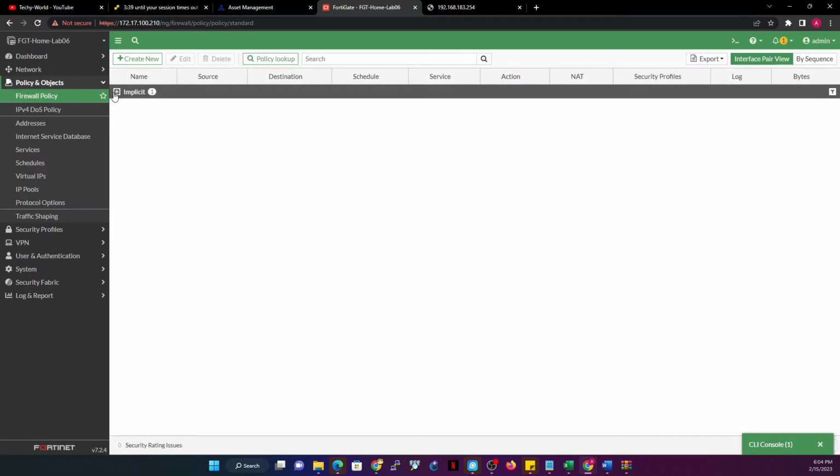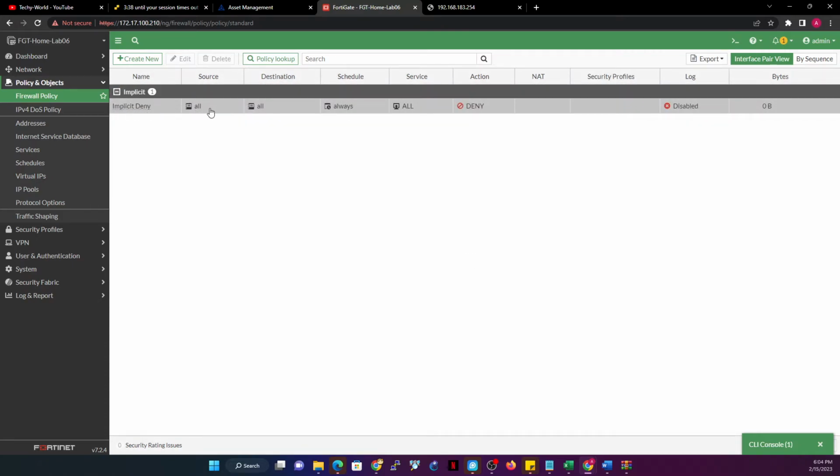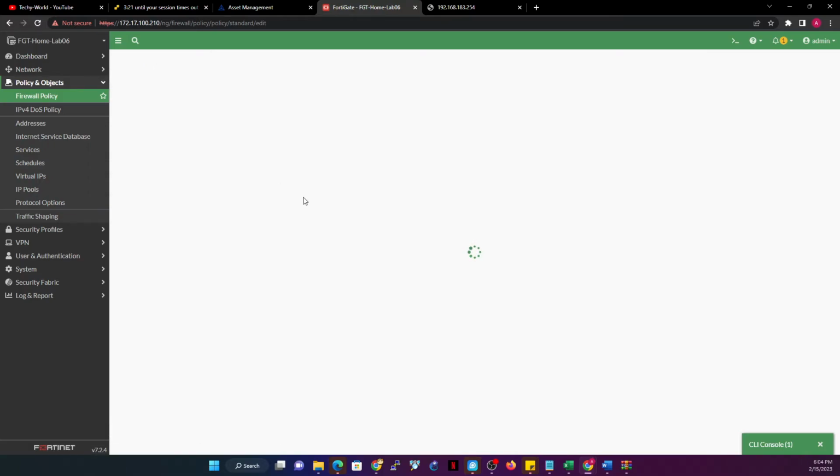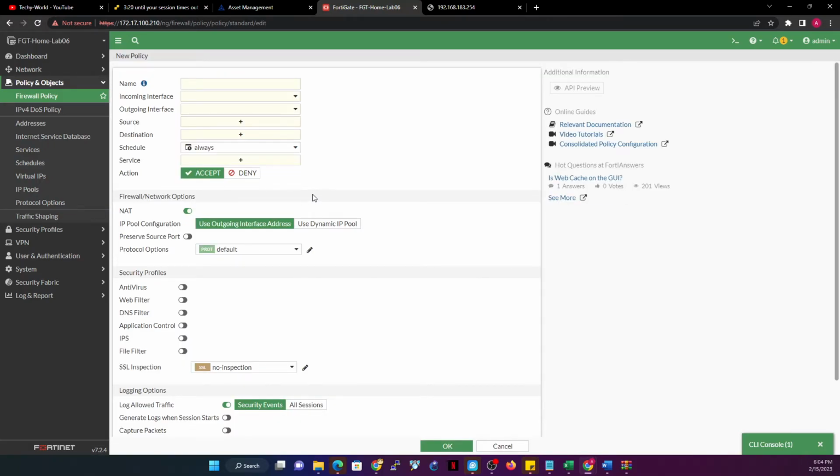Currently everything has an implicit deny all. What this means is that by default, all traffic coming from anywhere in your network, going anywhere, is being denied, through any ports. So all traffic from your LAN, if you're trying to go out through the firewall, will be dropped. Nothing is going to come out from the firewall to the internet, because this denies everything implicitly, invisibly. It's just there by default. So I'm going to create a firewall rule that allows my LAN